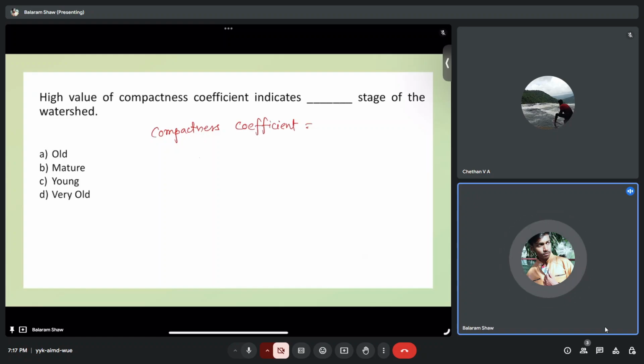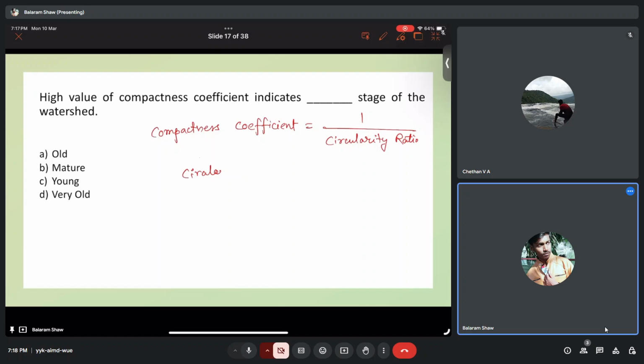Compactness coefficient equals the inverse of the circularity ratio. And how do we define the circularity ratio? Circularity ratio is the ratio of the basin area to the area of the circle having the same circumference equal to the perimeter of the basin. Okay, and generally this circularity ratio. So let's say if you write circularity ratio,